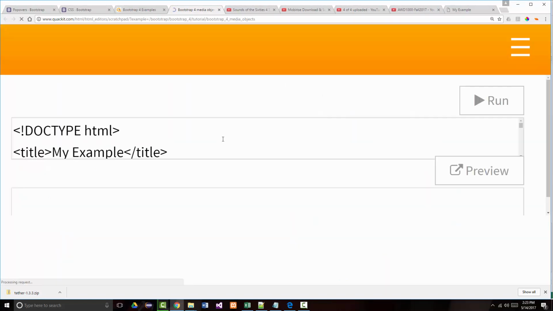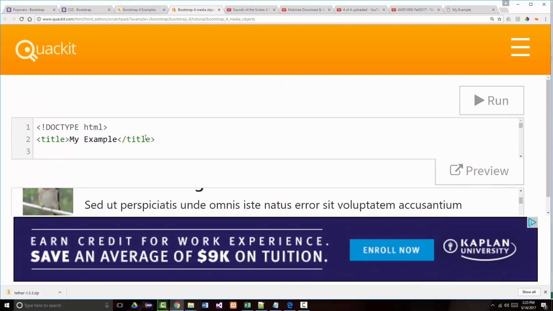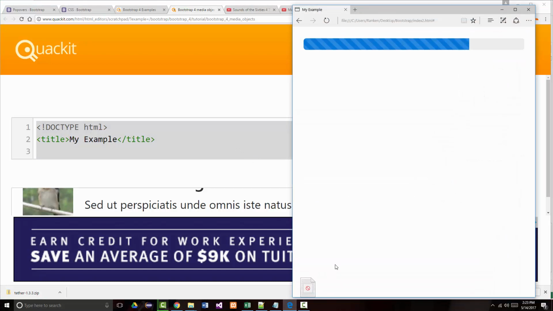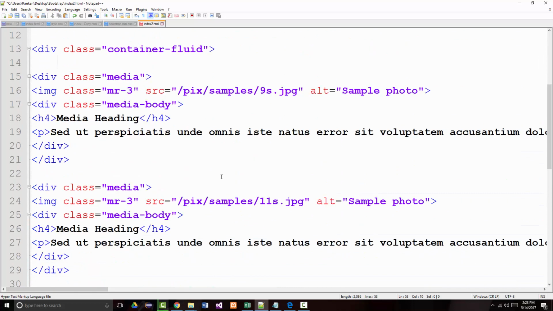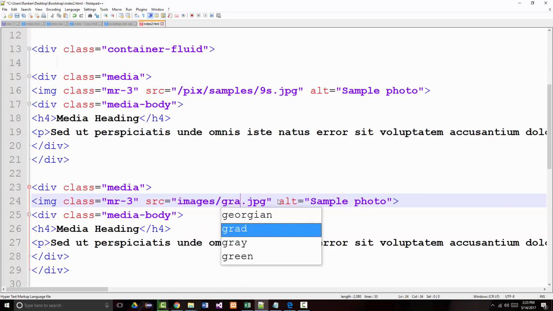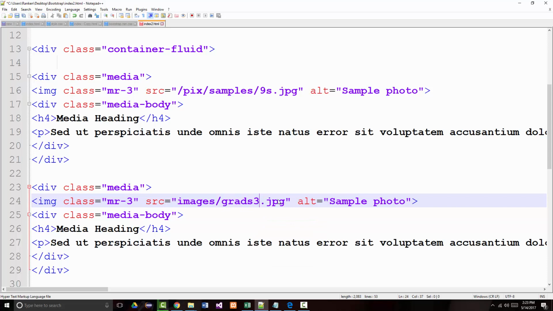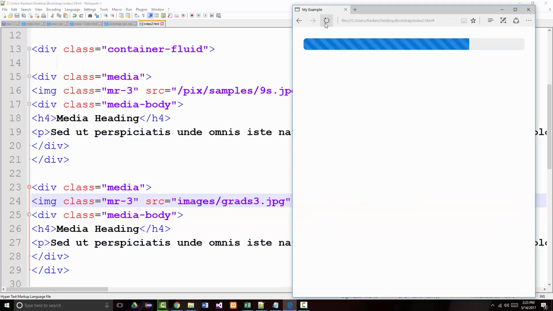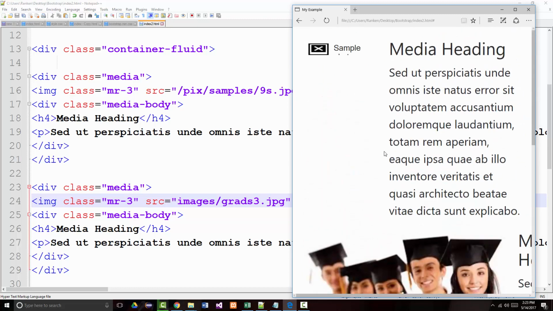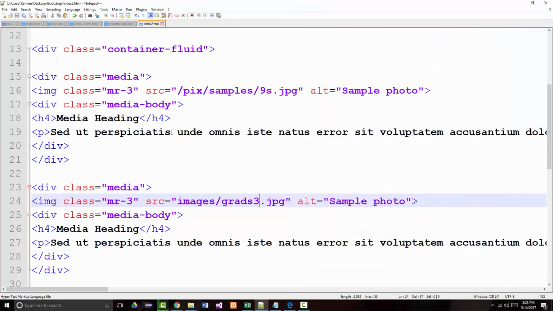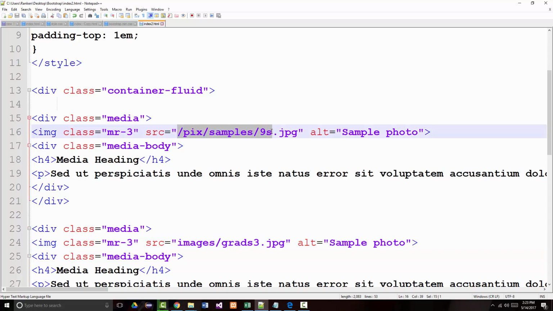All right, basic media object example. Again, I think I mentioned this before, that when I start going through these, anytime they refer to something like this that I don't have, I'm going to have to change it. Okay, so there's the grads thing that we chose before, and they also have this in there, which I don't have, so